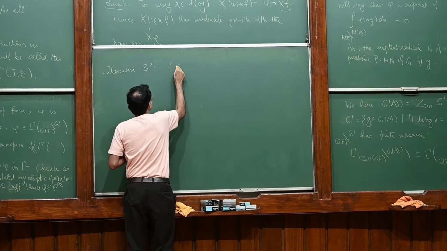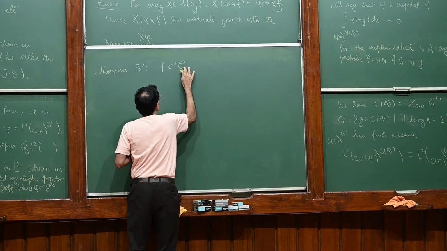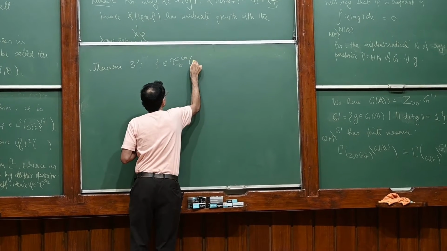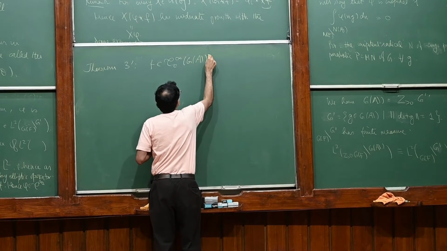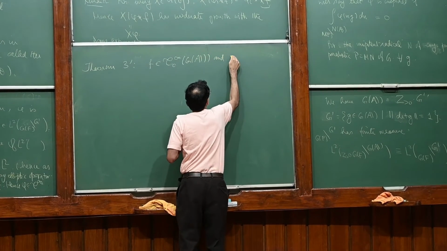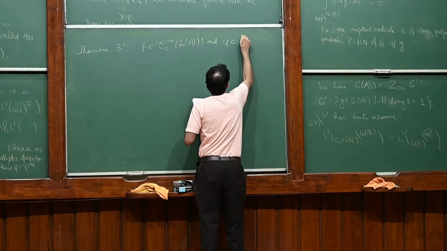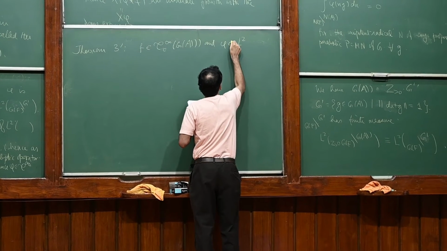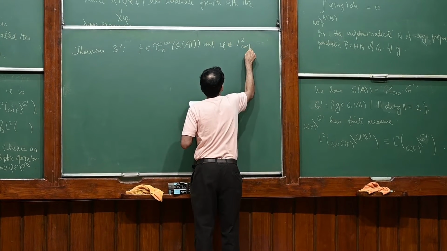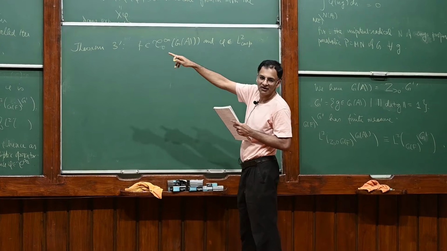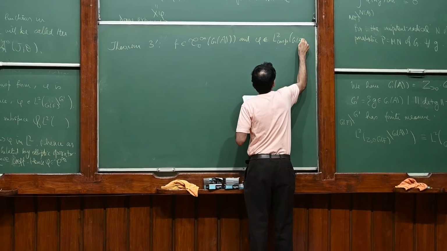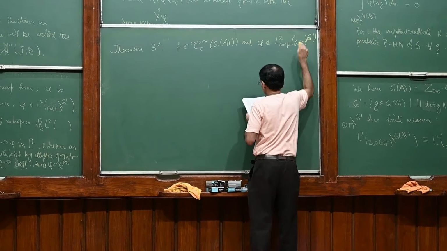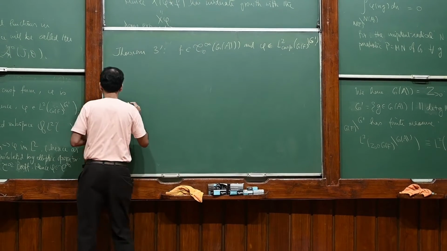So if f is in C c infinity of G, and phi is in L2 cusp, these are the cuspidal functions in L2 as defined before, G F by G1, then